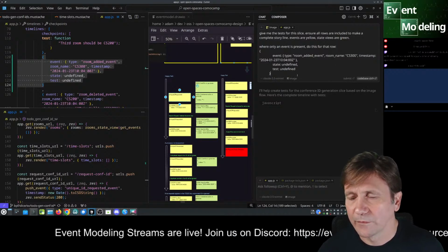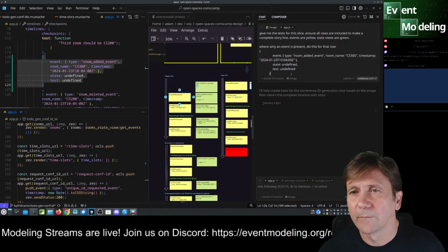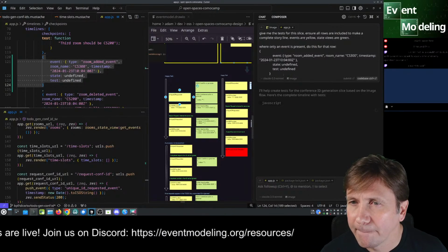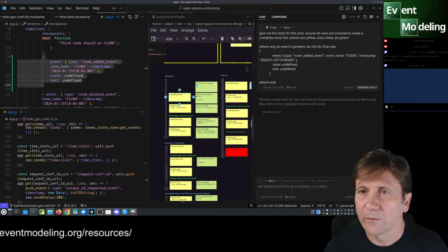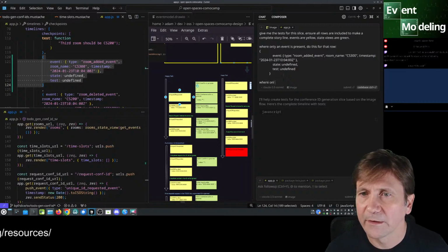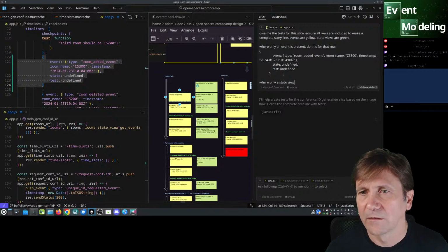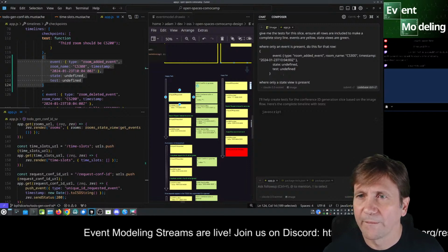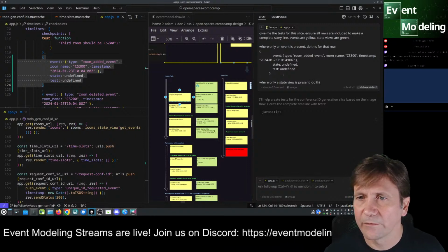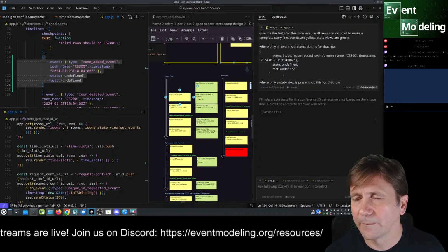Okay. Where only state view is present. Do this for that row.